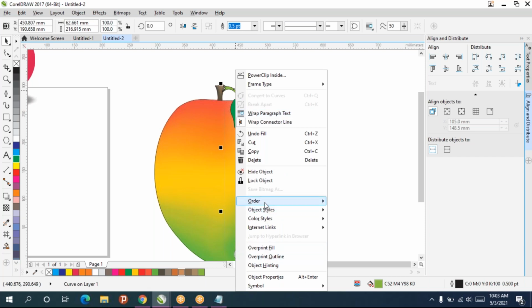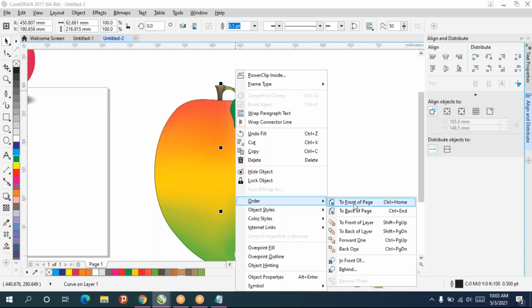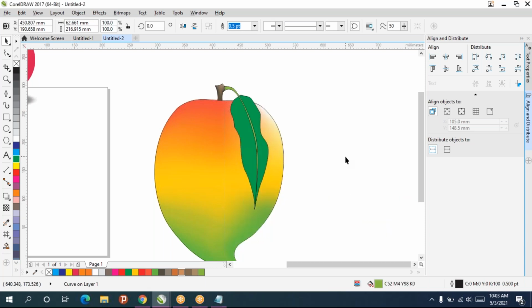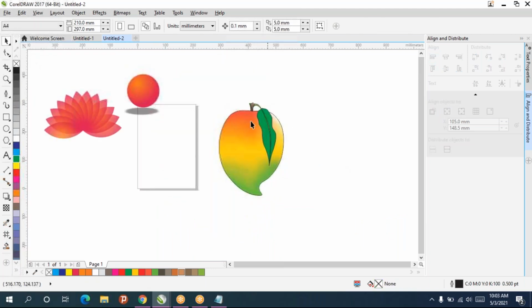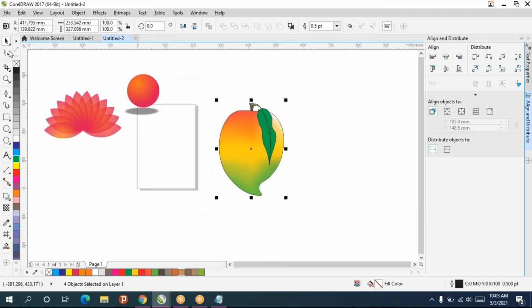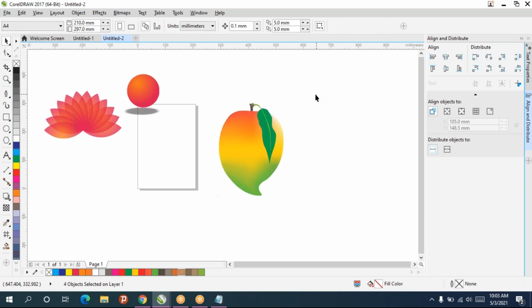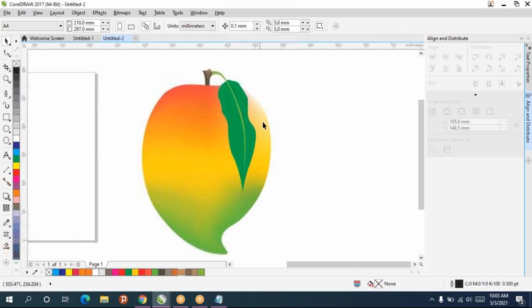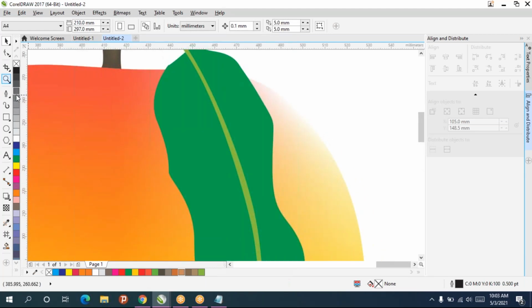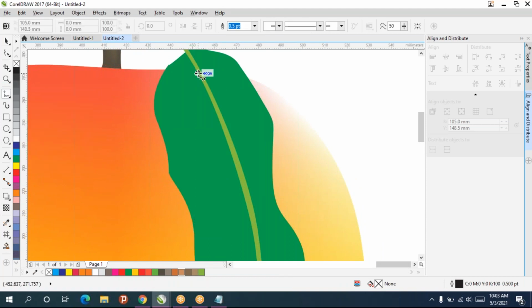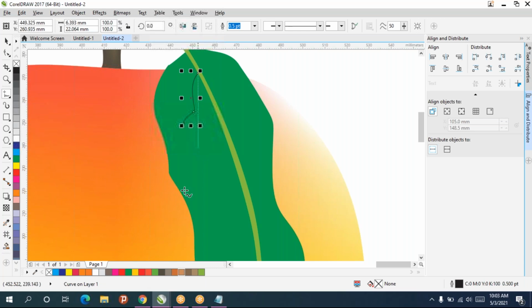So this one I have to bring it forward, order, right click on the object, order, front of the page. I'll select this everything. I'll remove the outline. And after that you can take some other tools, like if you want lines on this, you can draw it like this.